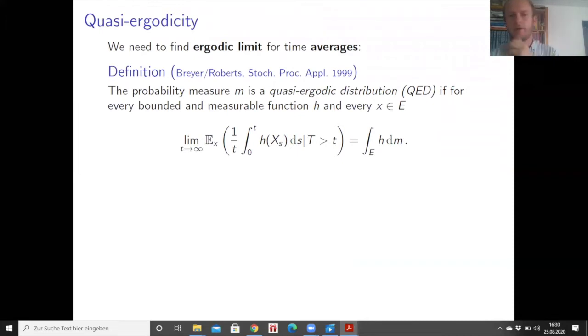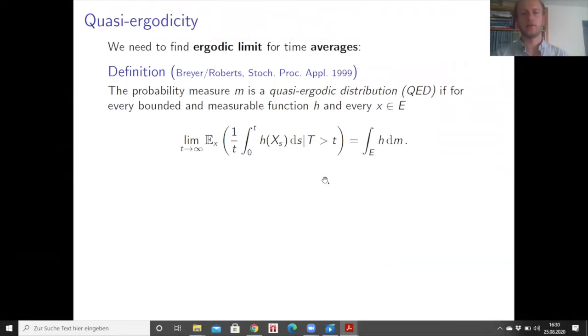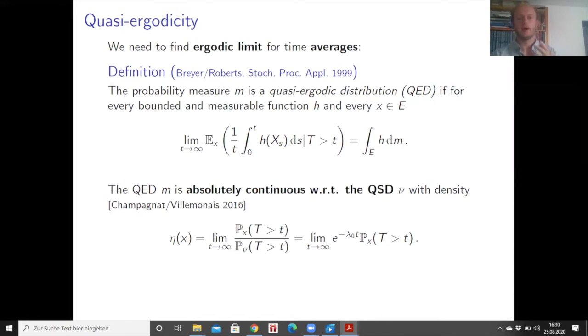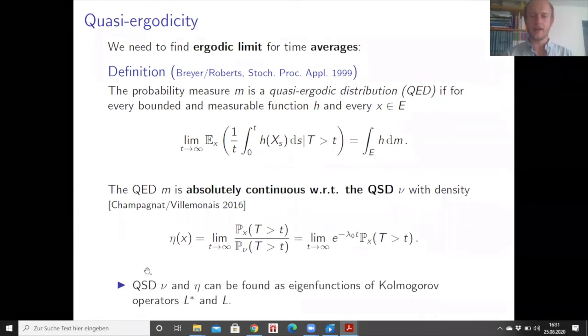And this exists, so this was already done in the 90s, that you have this, what I would call quasi-ergodic distribution, where you look at the time averages of these observables with respect to the process, and you have in conditioned expectation some convergence to this closed integral with respect to your quasi-ergodic distribution. And the point is that this quasi-ergodic distribution is generally not the same as the quasi-stationary distribution, but it is absolutely continuous with respect to it with some density, call it eta here. We don't have to go into details how this exactly works, but I just want to show you that you really can find this quasi-ergodic distribution as a product of this quasi-stationary distribution and some other function eta,